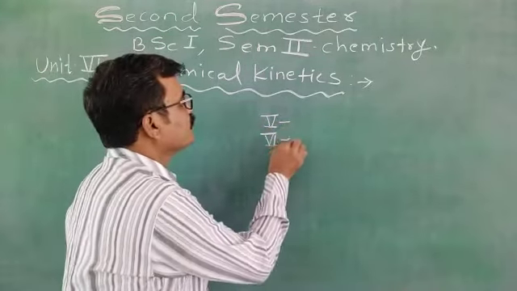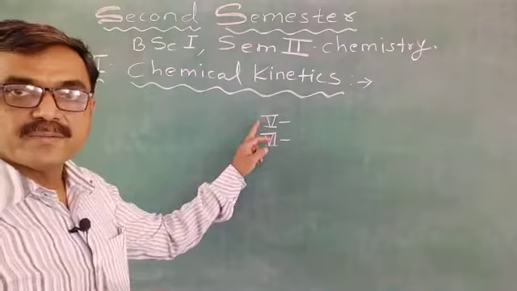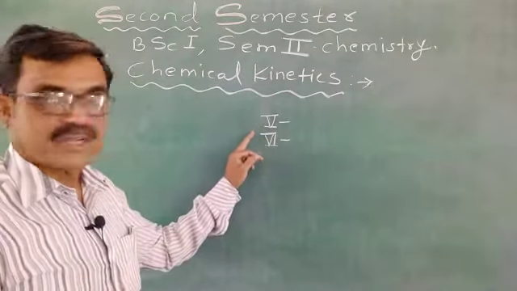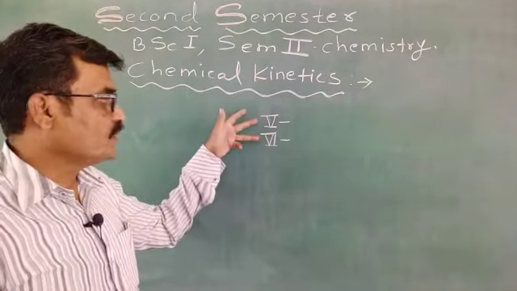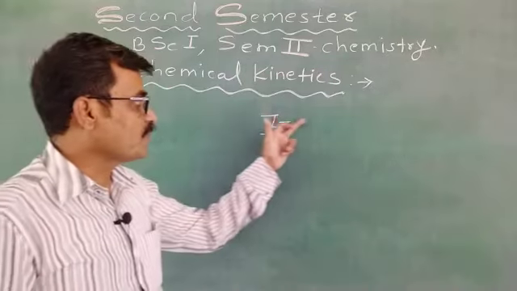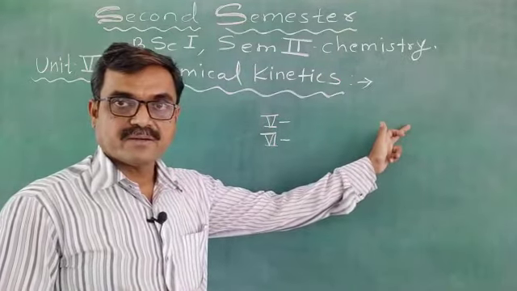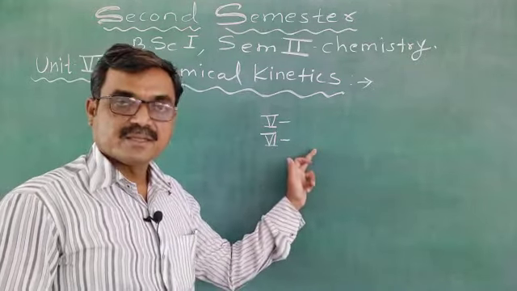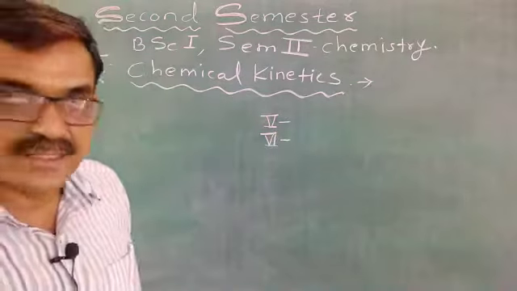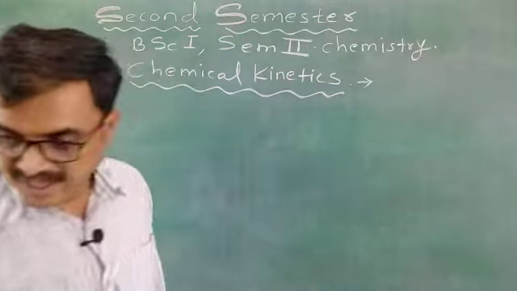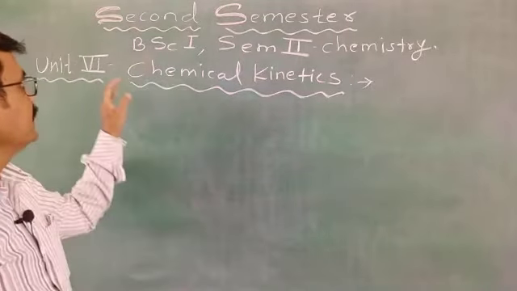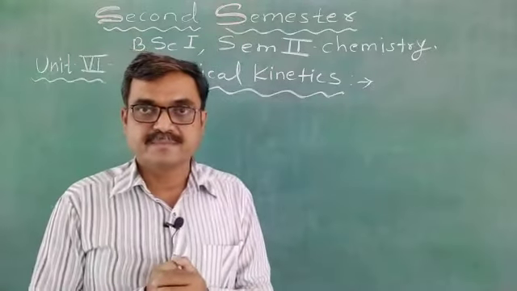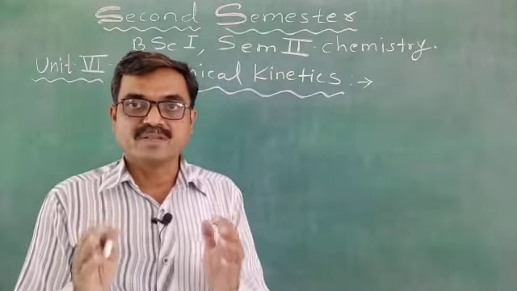Now I will teach you these 2 units. In this second semester, these 2 units from physical chemistry, that is physical properties and molecular structure, that is electrical and magnetic properties, and 6th one is chemical kinetics. These 2 units we have to study in this semester. But firstly, we are going to start the 6th unit, that is chemical kinetics, because you already studied it in 12th standard. You know something about this chemical kinetics.